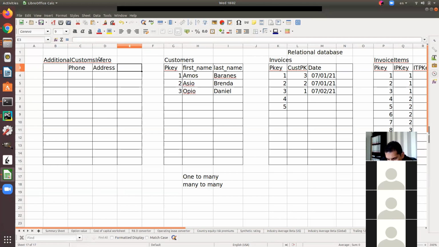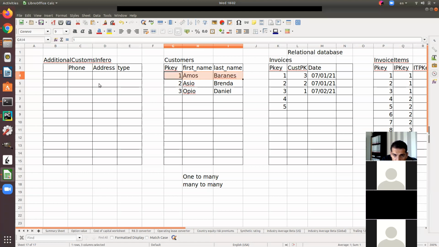By the way, I can put a category. Is it a good customer? Is it a platinum customer? Is it a gold customer? Whatever. Or let's say type. I can add a type. Okay. I want to extend the row or the record of Amos to add more information. And I want to create a link between this record and this record. So I will put here again a primary key. This time, for record number 1 here, I'll put exactly the same number. That way I will know that the record number 1 in additional customer